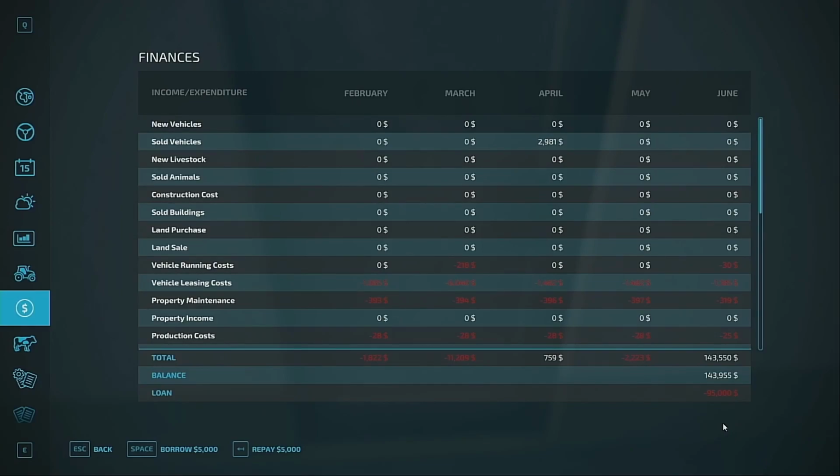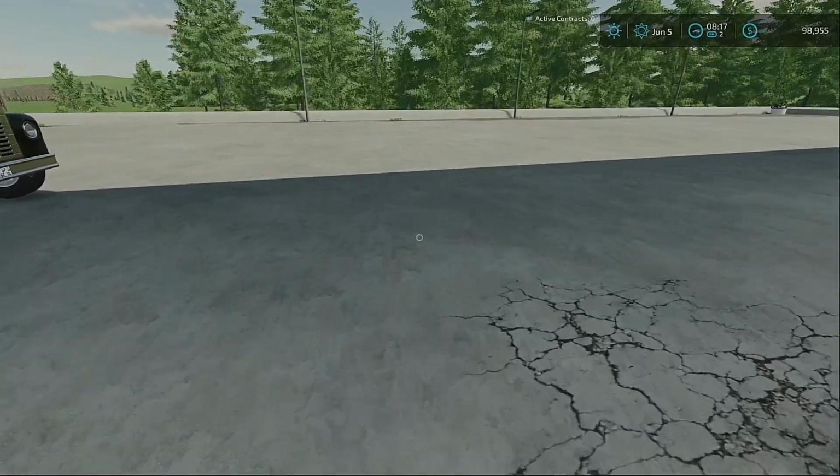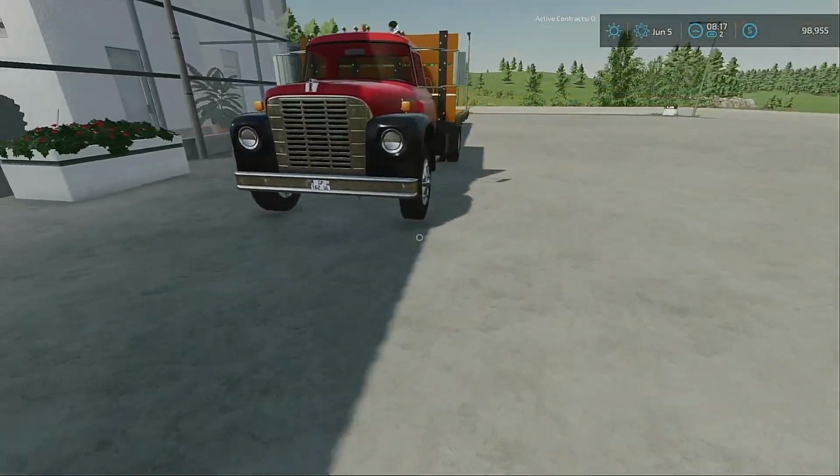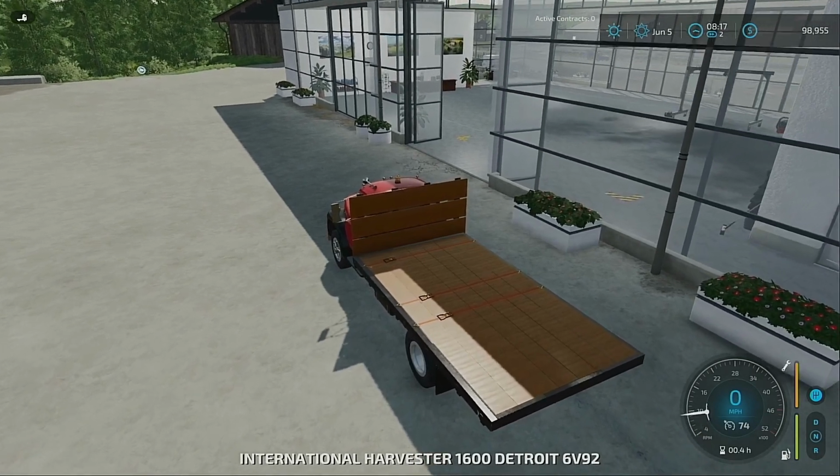That was such a good payday. So we owe $95,000. I think we're just gonna go ahead and pay. We're gonna repay 45 of it. So we got to do 5, 10, 15, 20, 25, 30, 35, 45. There we go. Now we have a little over 50 grand left in the bank, and we only owe 50 grand on our loan. So that was really good. I totally lied. We have 98,000 left in the bank, which is good because when we put in the cow